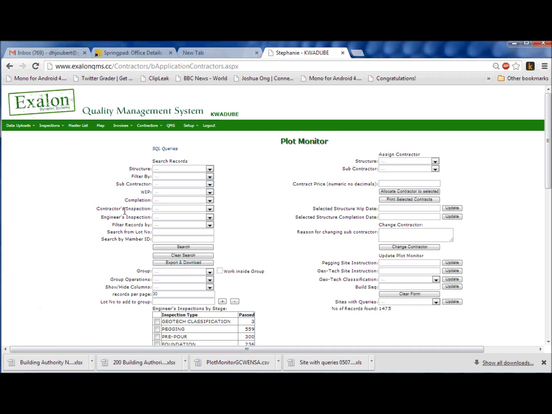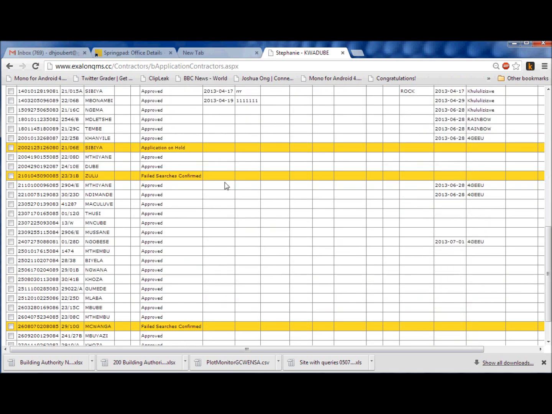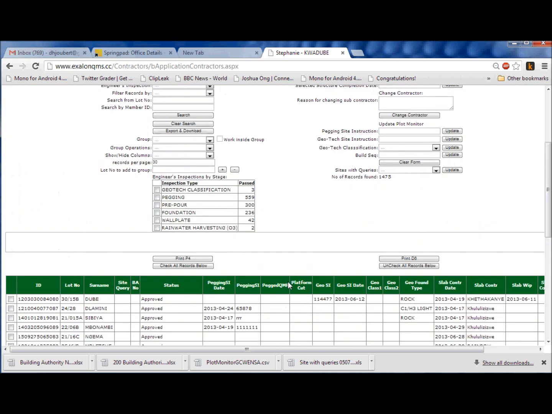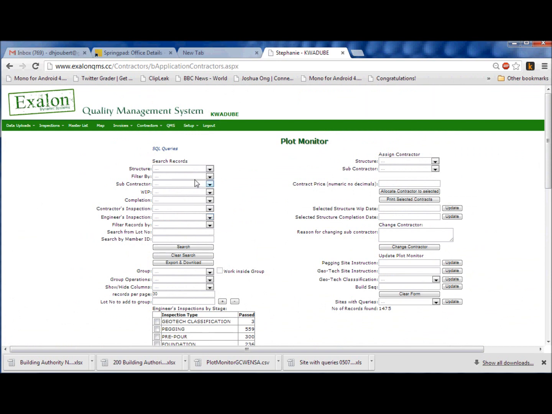The left hand side of the PlotMonitor deals with any filtering of this table. So this left hand side is filtering the table, the right hand side is updating the table. On both sides there's a structure drop down box where you have to select the structure. So in this case I'll select a slab, and then I want to filter by all the